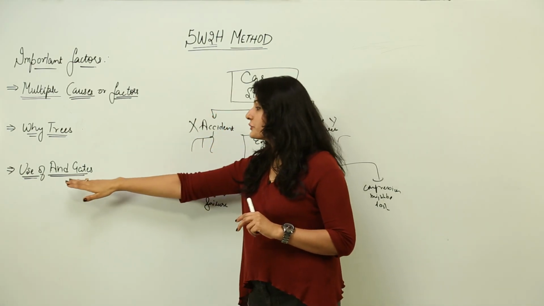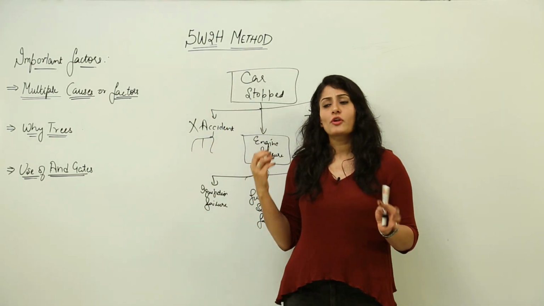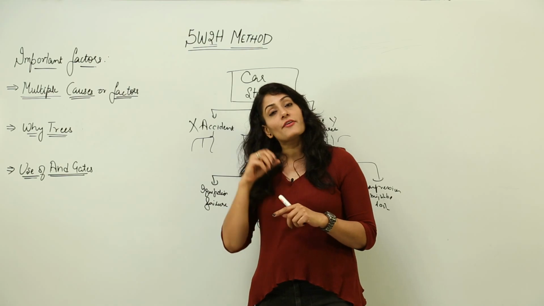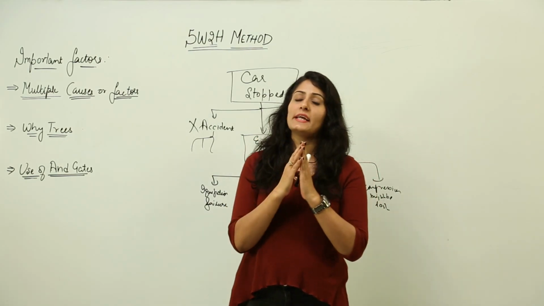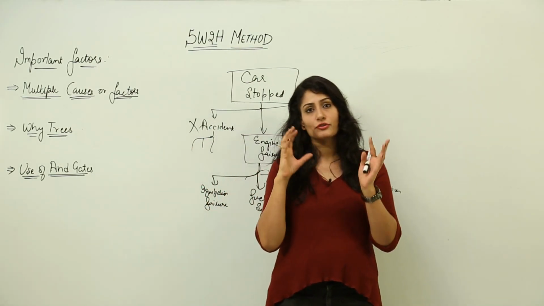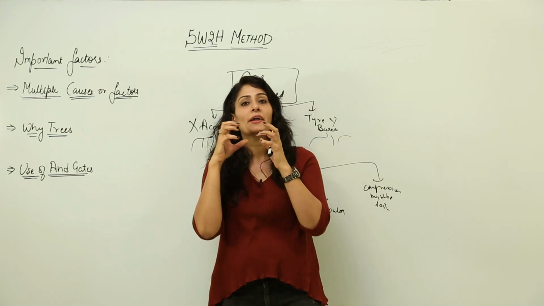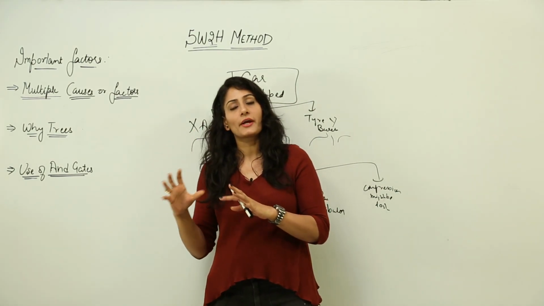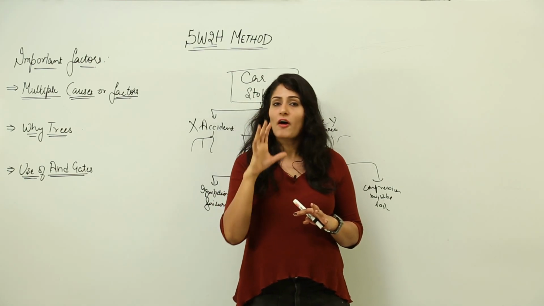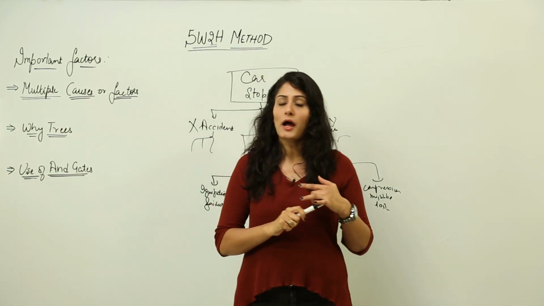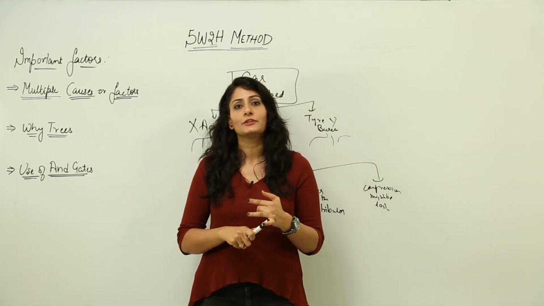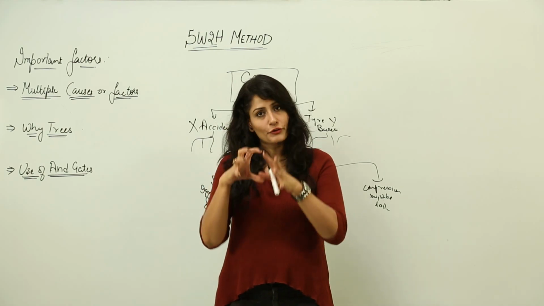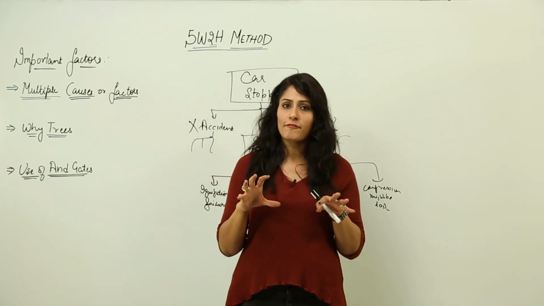After Y-trees, the third important fact you need to take care of while using this method is the use of AND gates. So now what are these AND gates? There are certain events which only happen when two or three factors or causes come at the right time at the right place, when they come together, otherwise that event won't happen, okay. For example, if you need fire, you would need oxygen supply, you would need fuel supply, and you would need an ignition source, all three of them together, only then you can have fire.